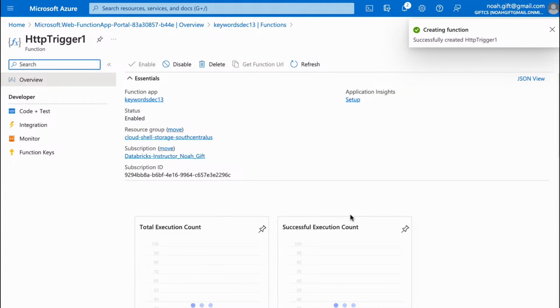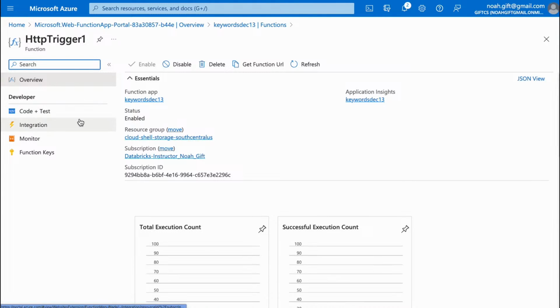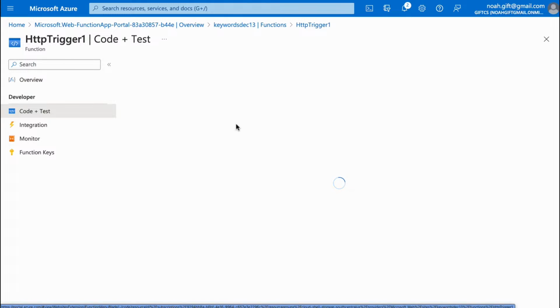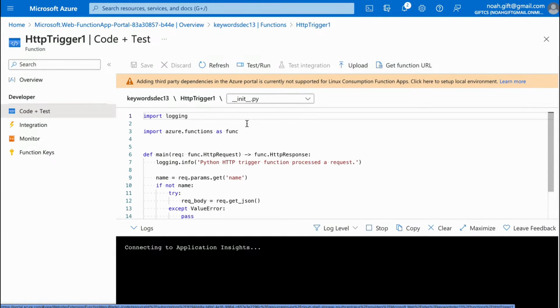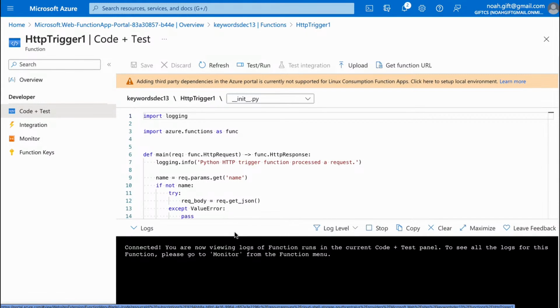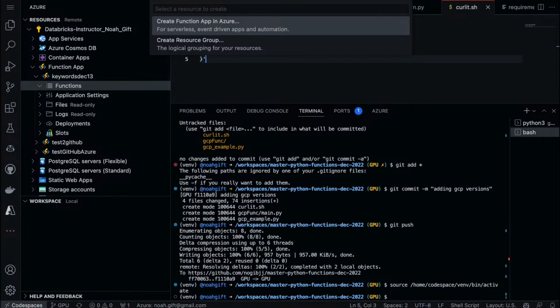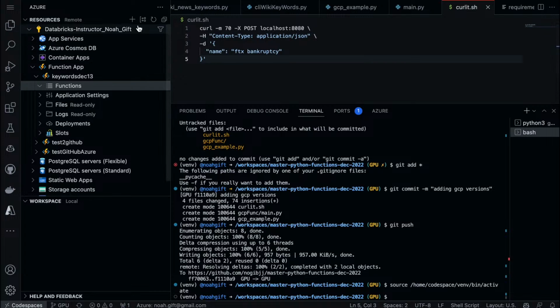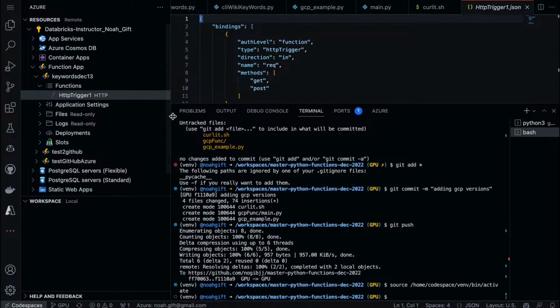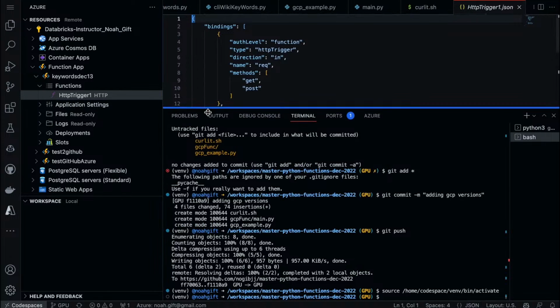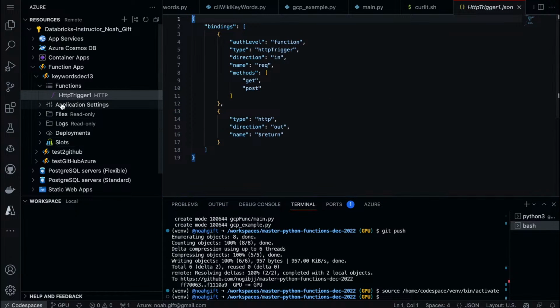There we go. So I deployed an HTTP trigger, and then we've got code and test, and then you could go in here and actually build it out. So we see we've got a similar environment to GCP. If I go back again here and refresh, there's our trigger, and we can actually see everything that is inside of this.